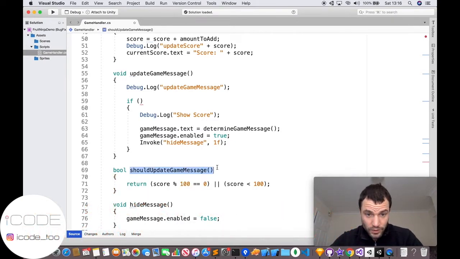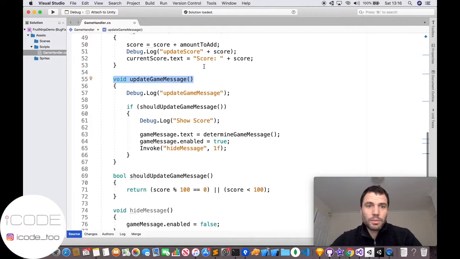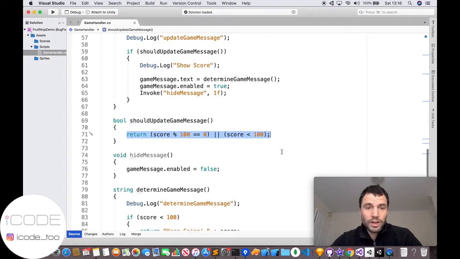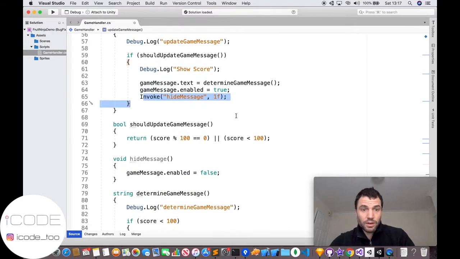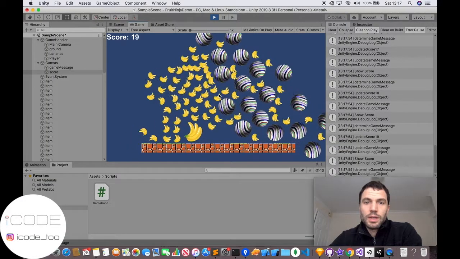And then how do I use this function? Well, I can actually call it from the if statement up here. So I put the call to this function up here, and then that makes it a little bit clearer. You can kind of see that, well, this function is going to update the game message, and then this checks if we should update the game message. This then checks what value the score is and whether or not it's within a certain threshold and returns true or not. It returns it to there, and then this updates the text, but first we have to determine what the game message is, which is dependent on the score. We enable it to show it, and then we hide it after 1 second. So if I save that now, we've got a little game message showing now, keep going,